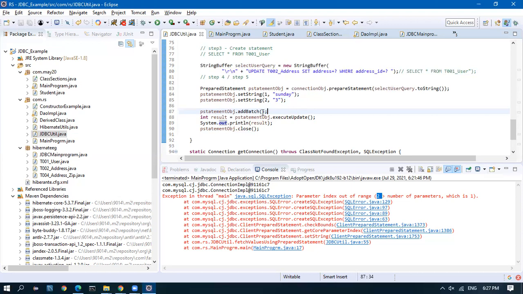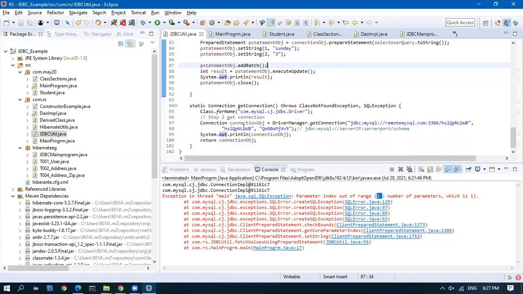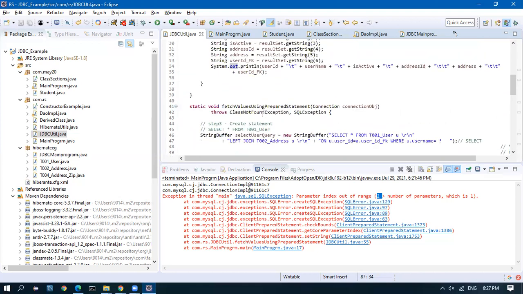Most of the time this will be useful because in a real world scenario, usually we get an Excel file and we want to update the records based on the updated values in the Excel. So Excel will obviously contain at least 5,000 to 10,000 lines. In that case, doing an update for each row in the Excel to the database is very time consuming. So we write a prepared statement, add it to a batch, and we just execute the batch. Okay, so these are all good.